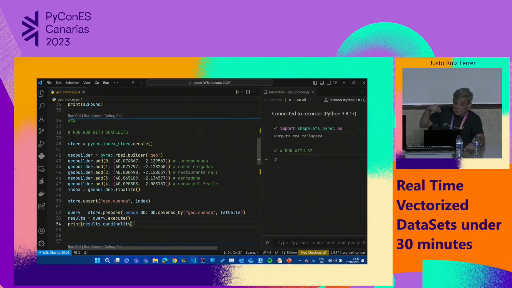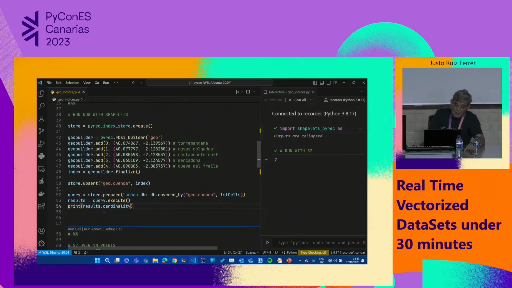A few things happen here, which is quite important. Firstly, the result that you get is a compressed bitmap. So you can query something that returns like 1 billion documents, and it still will fit in your memory. And secondly, the reason that you prepare in one hand and then execute is because